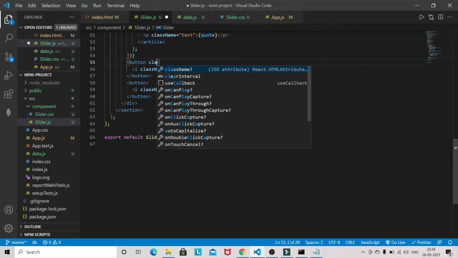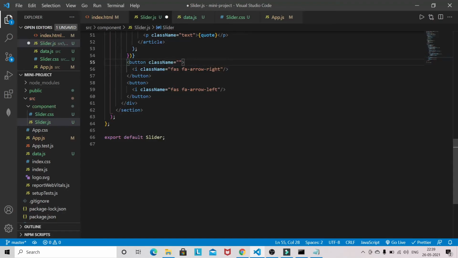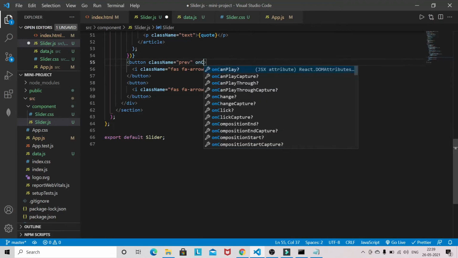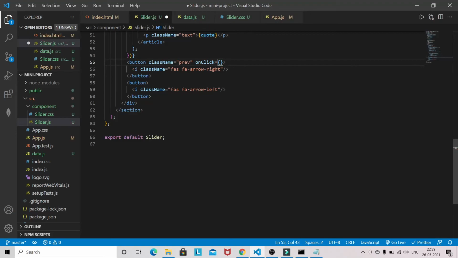Now on the button we have to provide the class name, so here it will be prev. On click, setIndex index minus 1, and we will have the same logic for the other button as well. Only the class name will change, so it will be next, and this one will be plus 1.